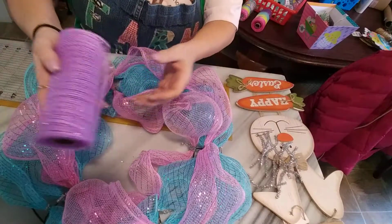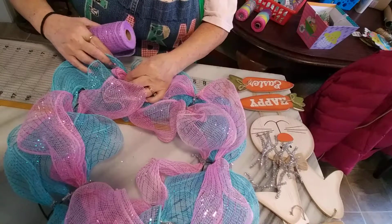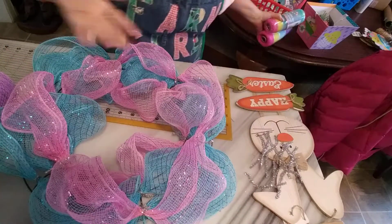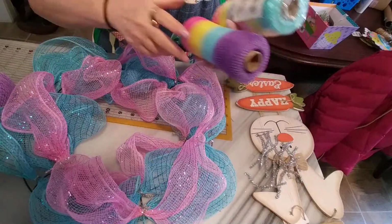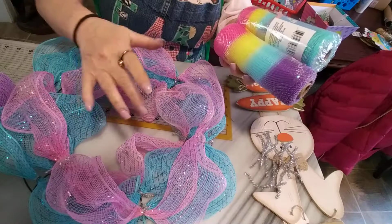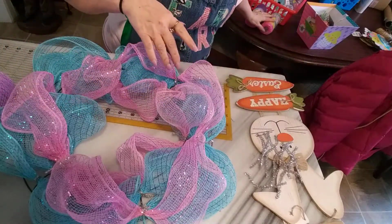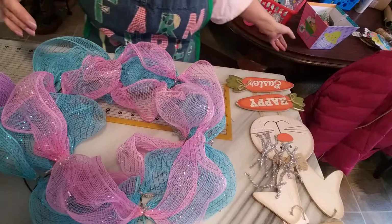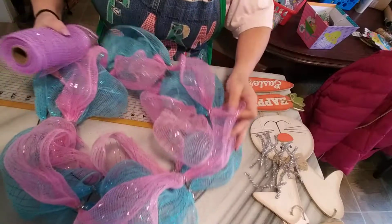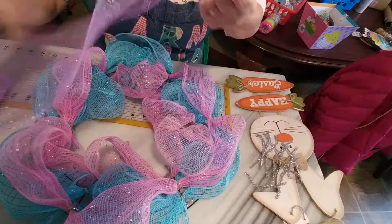Okay, we're going to put the purple on next, and we start it right here at the end of the pink one. And I think it's going to be full enough with the purple, and we don't need this one. So go just the pink, blue, and light purple. Now, if you decide you want to put, well, I call it the rainbow one on, the all different color ones, by all means go ahead and put it on. But to start this off, again, just